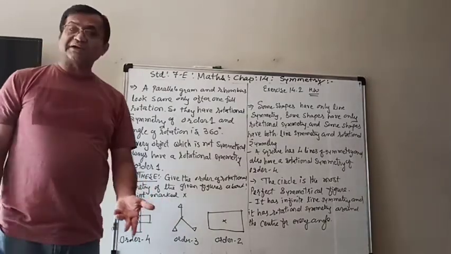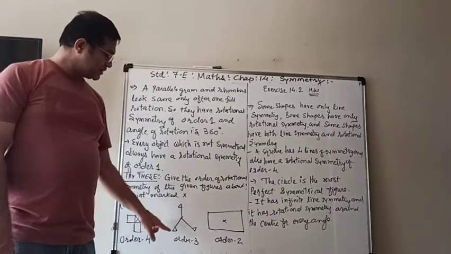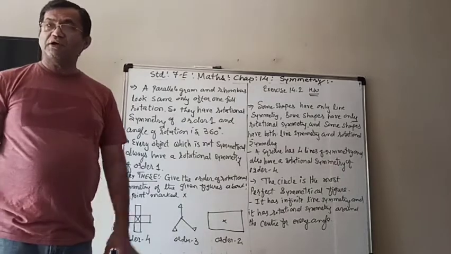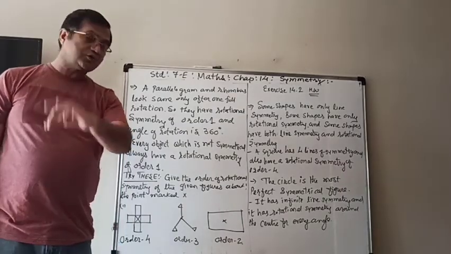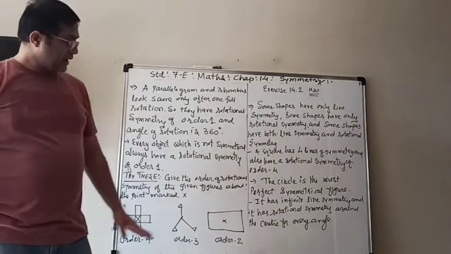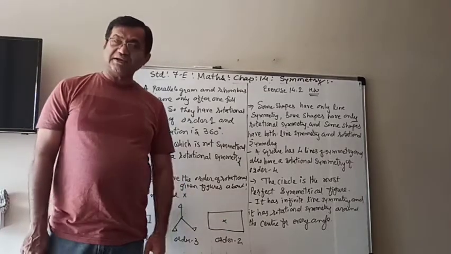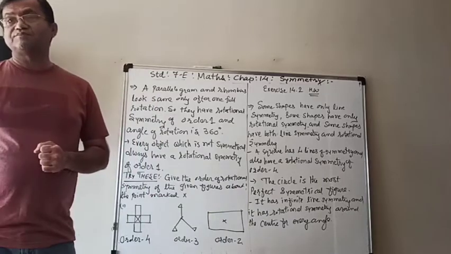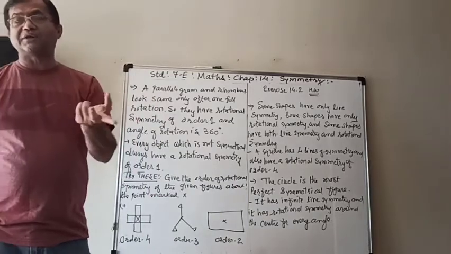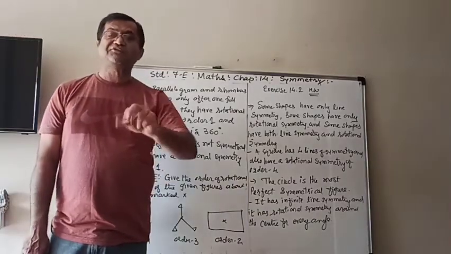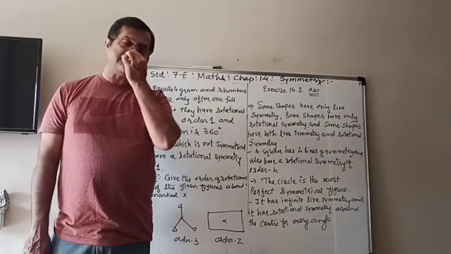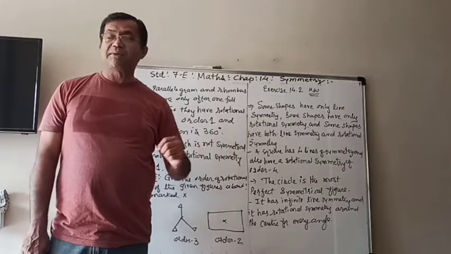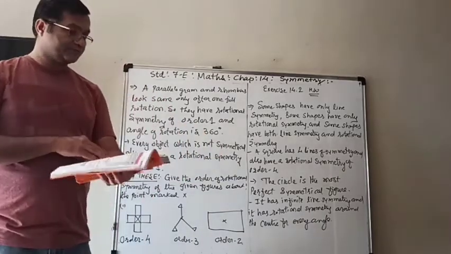Here it looks like a triangle. So whenever this one comes here and then comes back there and then to the original position, it has order 3 rotational symmetry. And here in a rectangle, as I already explained, it will come back only after a half turn. Every half turn it will look exactly the same as before. So it has rotational symmetry of order 2.